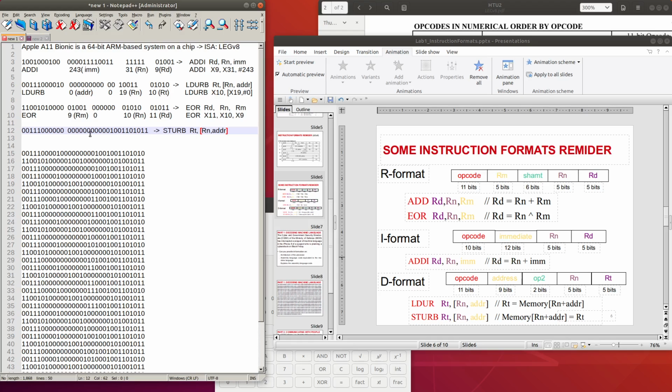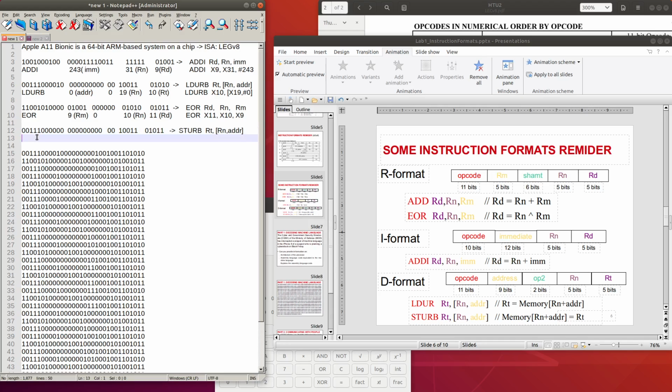Here, so we need to know where is the address, and RN, RT. Address takes 9 bits. So here will be address, and then RN and then 2 bits, and then RN and RT, each of them takes 5 bits, so the instruction should be cut like this.